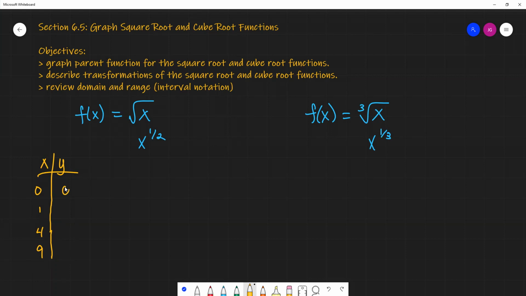Okay, so the square root of 0 is 0. Square root of 1 is 1. Square root of 4 is 2. Square root of 9 is 3. And so if we were to graph that,